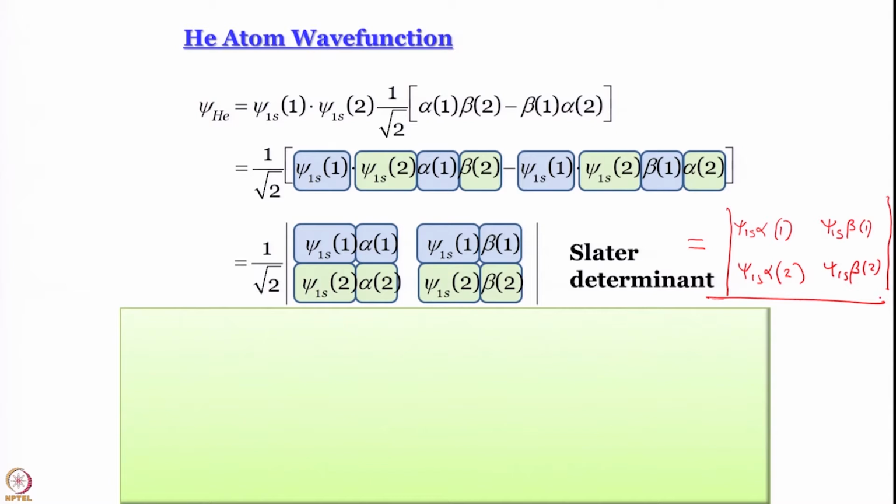Please do not get confused if you read a textbook that uses this kind of notation instead of this. As you can see, they mean exactly the same. But in one way, this second way of writing is better, because here it is very clear: psi 1s alpha, psi 1s alpha, same spin orbital, you have changed from 1 to 2. Here also psi 1s beta, psi 1s beta, you only change from 1 to 2, and going from left to right, 1 is the same, psi 1s alpha has become psi 1s beta. So, maybe this is actually easier to read, but we are going to follow this convention for now.